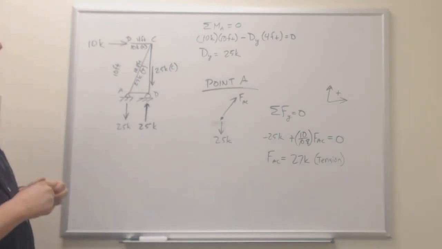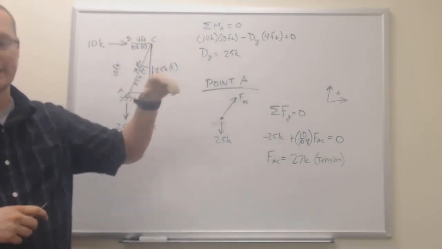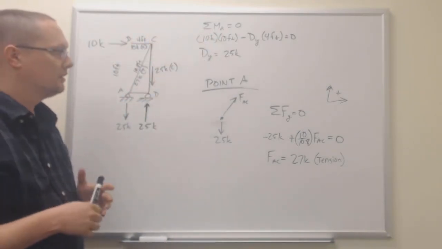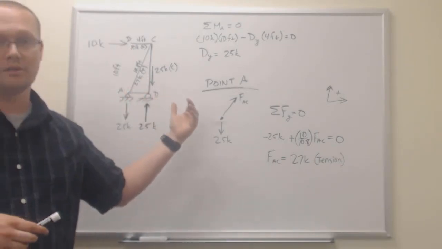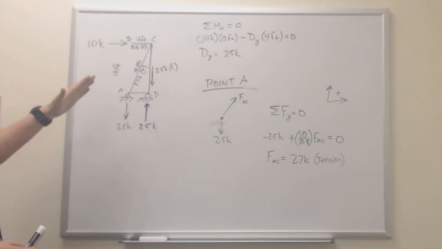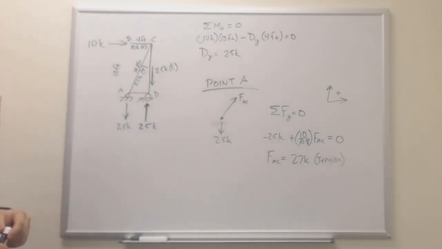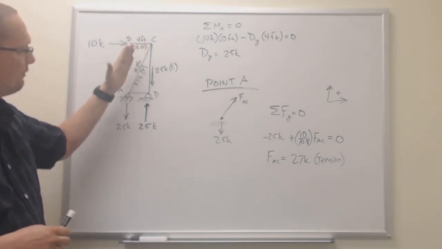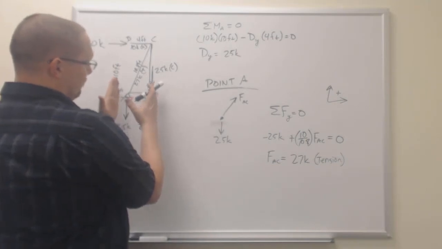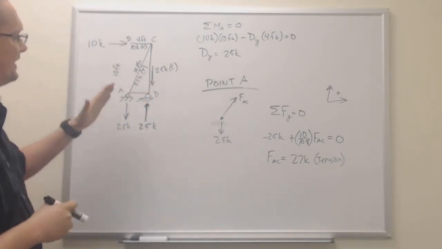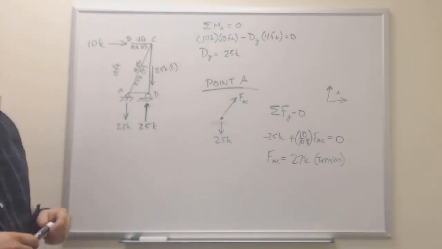27,000 pounds of tension, and we have two of those tension ones, in this one and the one in the other shear wall. So compare that to our last problem, where we had diagonal bracing going the full width of the wall, compared to this now when we only have 4 feet of shear wall, and we can see how decreasing the amount of shear wall we have drastically increases the amount of tension in that